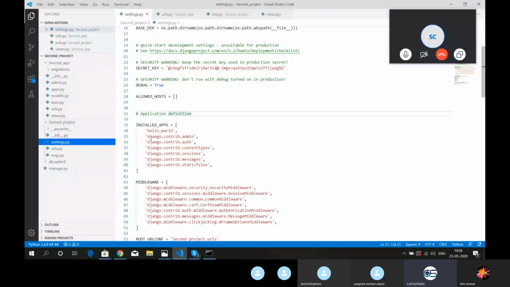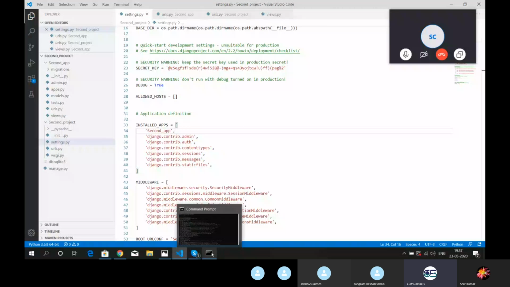On line number 34, you have written hello world, which doesn't make any sense. Your app name is second app. So close that, save that, close that, run that.